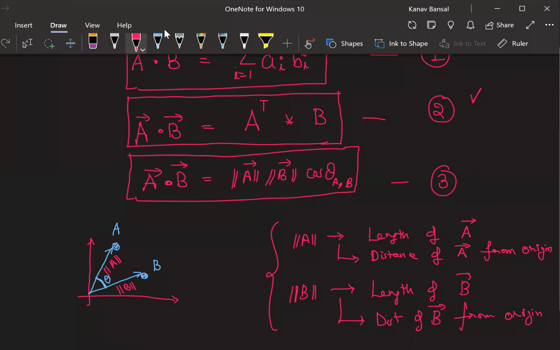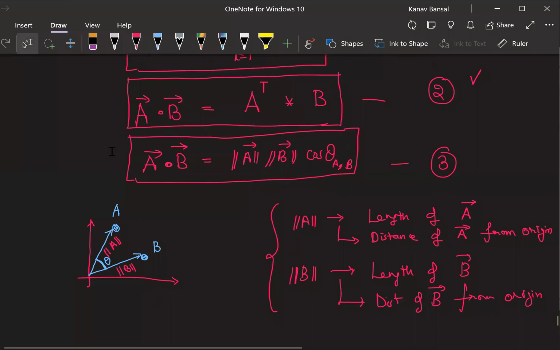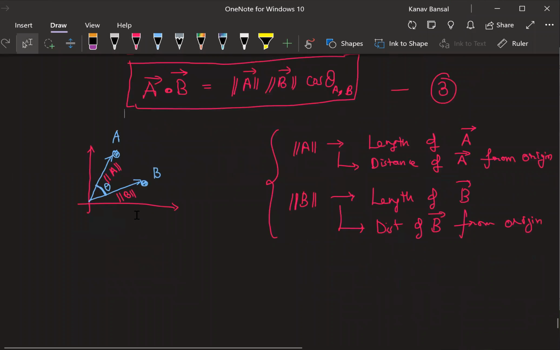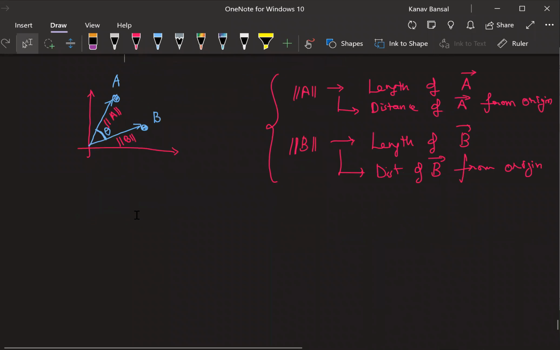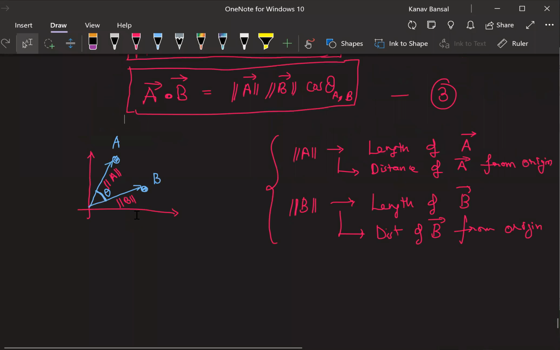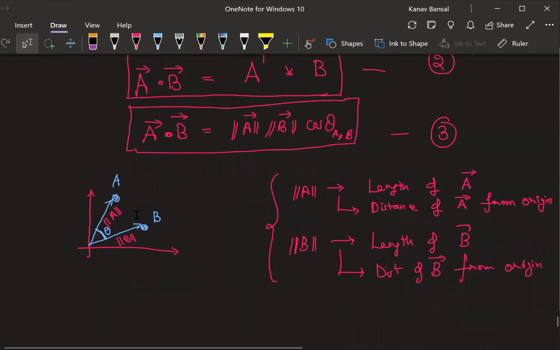Cool. Perfect. Now, may I ask one question from all of you? Let's try to do a small exercise. Is it fine with everyone? So it is the formula, Lucifer. Just try to see how we come up with this formula. I'm not going to the proof of the formula. Just try to go to Google and search for the proof of this formula. It is a very easy proof.